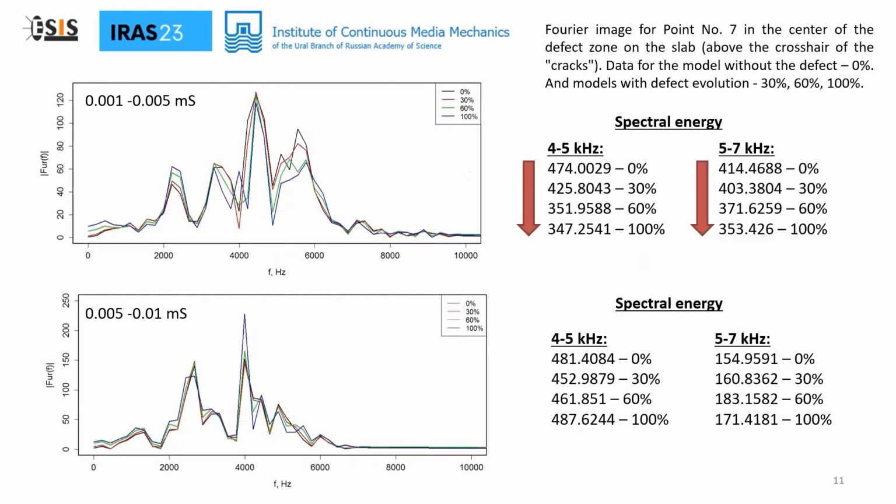Then, as a part of the signal compression, Fourier spectra were constructed for 2 parts of the entire signal, which was conventionally divided in half by time. If we compare the energy of the spectrum for frequency intervals, it will also be seen that as the defect evolves, the energy of the spectrum also changes. This is especially well seen for the first half of the signal, when the signal reflections have not yet accumulated in the structure. It can be seen that as the defect evolves, for the frequency range of 4 to 5 kilohertz or 5 to 7 kilohertz,